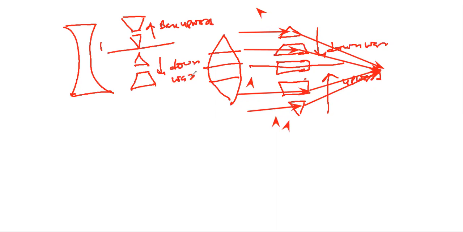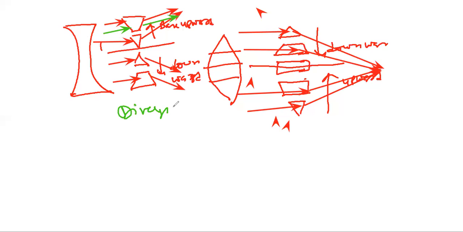And the lower half has its base downward. I think this topic was there in class 10. So when the rays of light are incident on this, they will deviate toward the base. They will diverge. So this is a diverging lens. That is why a concave lens behaves as a diverging lens. Rays are diverging. So, converging action, diverging action.